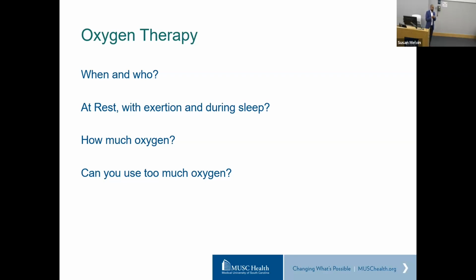So there are certain patients who may need overnight oxygen, early oxygen initiation, even if they don't have exertional desaturation. And we can test for those by checking the oxygen levels at night or performing a sleep study. And depending on when you're desatting, or when your oxygen levels are dropping, is when your doctor is going to tell you, you need to use oxygen at rest, you need to use oxygen when you're exerting yourself, or you need to use oxygen only when you're sleeping.